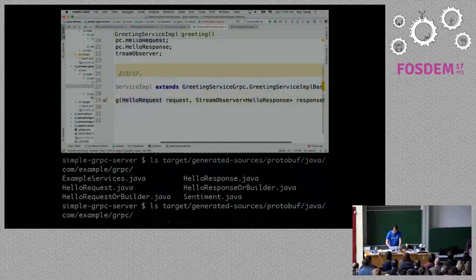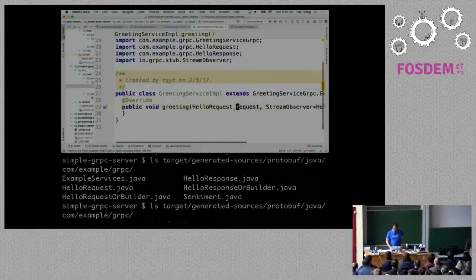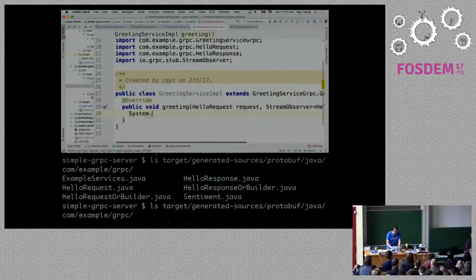And here I can see that I get a request and a response as an observer. Now, this is interesting because in this stub, on the server side, this method signature looks like something that should be invoked asynchronously, right? Rather than having the response on the left-hand side as a return value, you give the response through the observer as a callback. Okay. So on the server side, everything is implemented with async in mind. Now the client gets to choose whether they want to invoke this synchronously or asynchronously. But on the server side, to handle all of the cases, it's implemented as async by default.